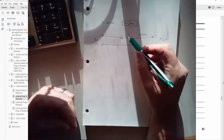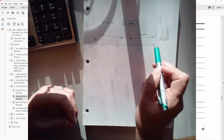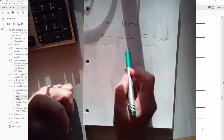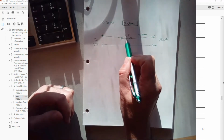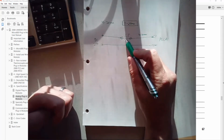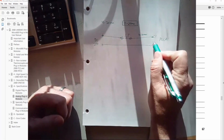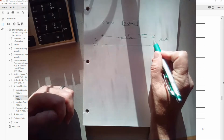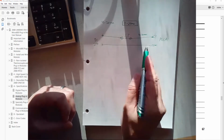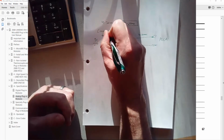Whereas if it's current, the level transducer is managing the current at this point here, but as we know, in a series circuit the current is the same everywhere. So even though the level transducer might be 1,000 feet away from the PLC, as long as it's controlling that there's 20 milliamps through the circuit at the transmitter, you're guaranteed that you're going to have 20 milliamps through the PLC as well. That's not the case if instead of a current loop, we did a voltage source. So let's look at, so if this was a current loop,